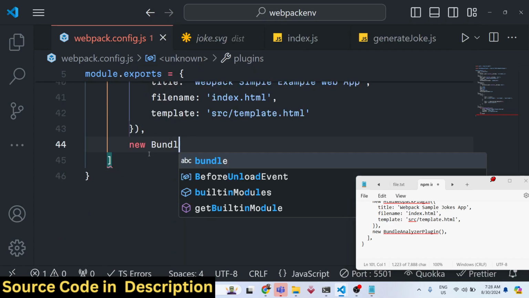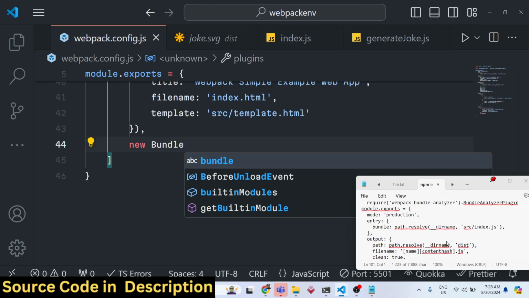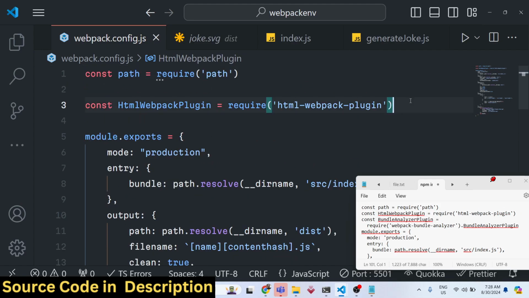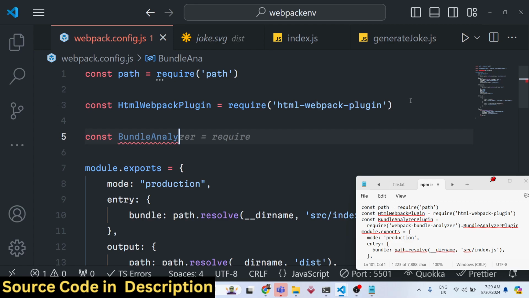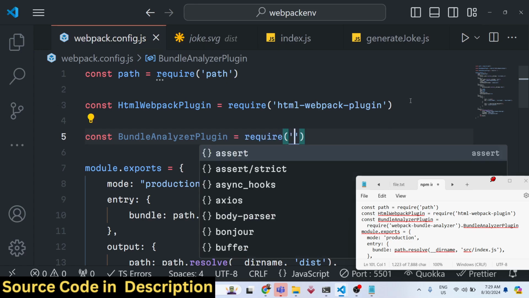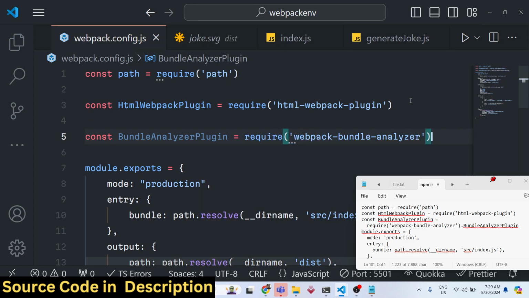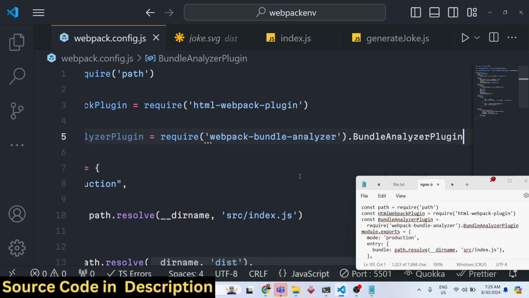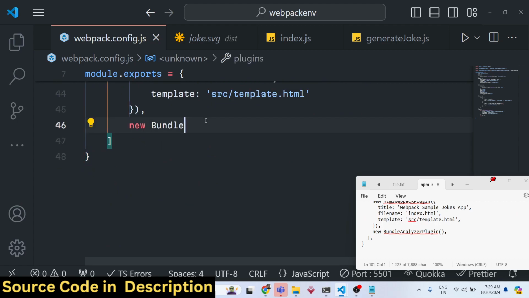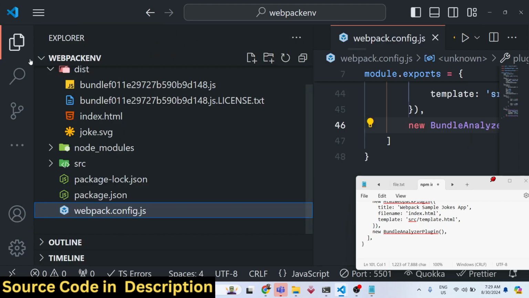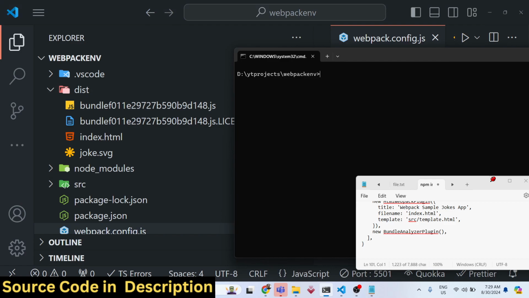We do need to import this plugin right at the top, bundle analyzer, and it contains a function which is bundle analyzer plugin. After you do this, we can simply make a new reference with the new constructor, new bundle analyzer plugin, and put the parentheses and semicolon. So now if you do this,